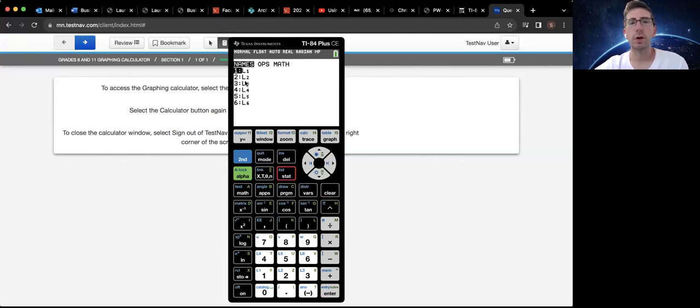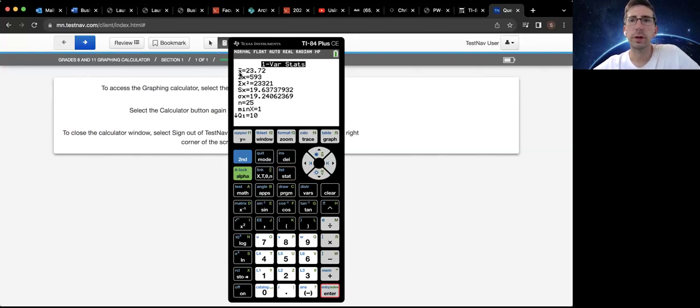Whichever column you inserted your data into on that previous screen is the list number you would want to choose here. I put my data into L1, so I'm going to hit enter, and you can see that now shows up here. So if we scroll down and hit enter on calculate, you can see